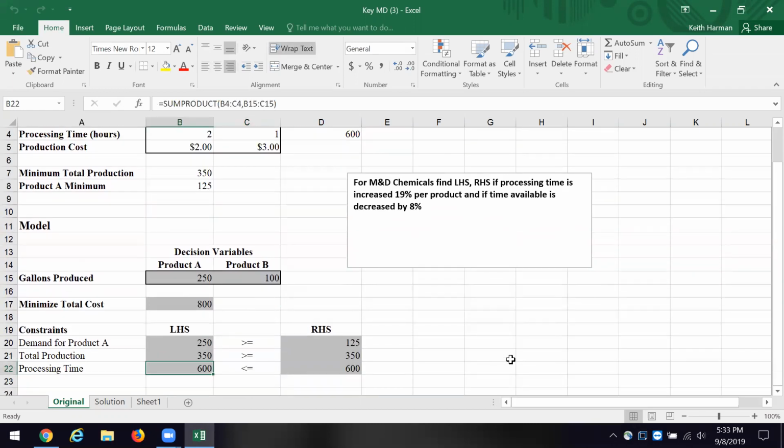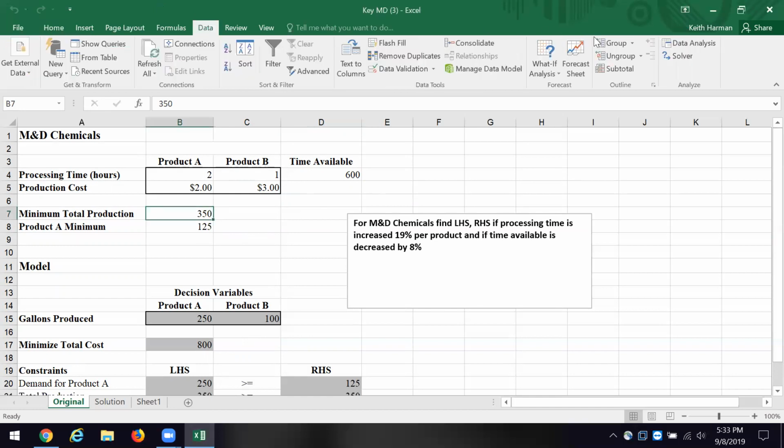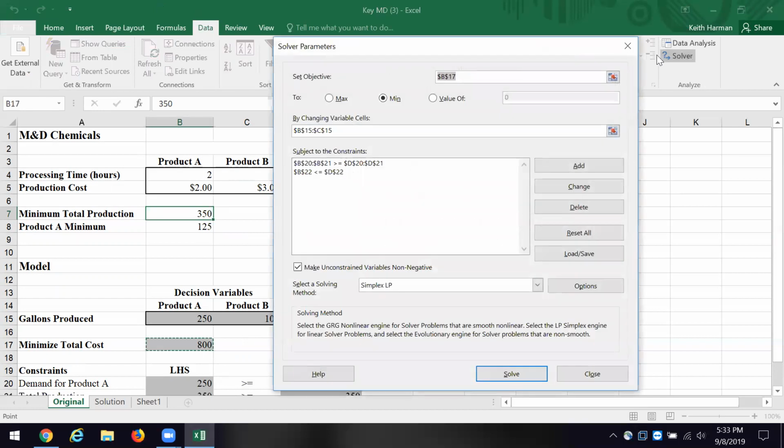Okay, so we have two minimums we're dealing with. First of all, we've got to make at least 125 units of product A. And secondly, we've got to produce 350 units of A and B, okay? And we only have 600 hours to do it. Well, let's look at the solver. Now click on data. Look over here to solver, and you'll see,